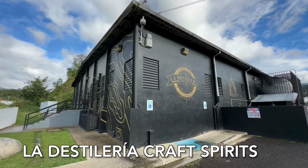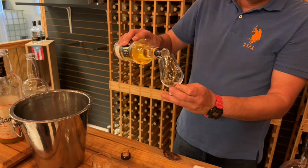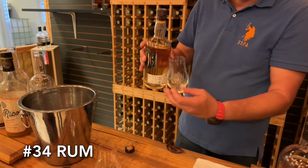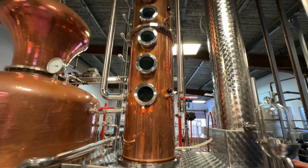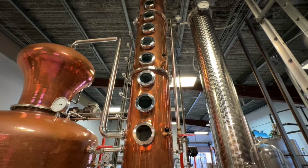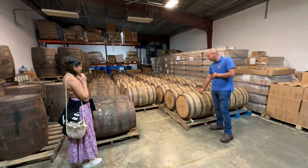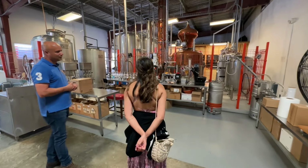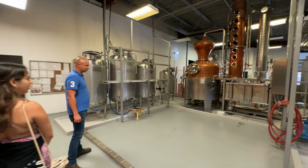And last but not least, we visited La Destilería in Jayuya for the final food you must try in Puerto Rico, rum. La Destilería Craft Spirits is an award-winning distillery recognized as the first craft distillery on the island. Here, we were able to tour their facilities, learn how this liquor is made by fermenting and distilling molasses and